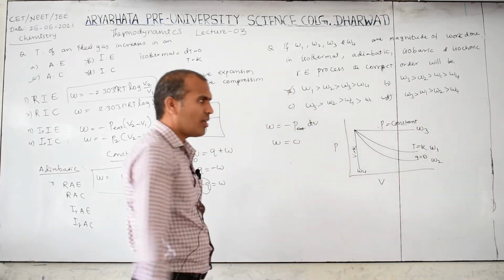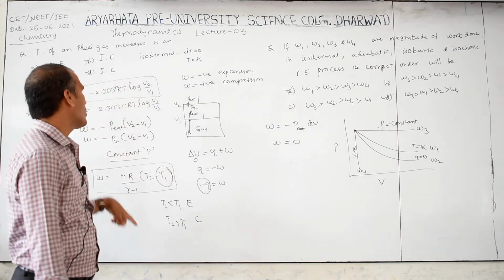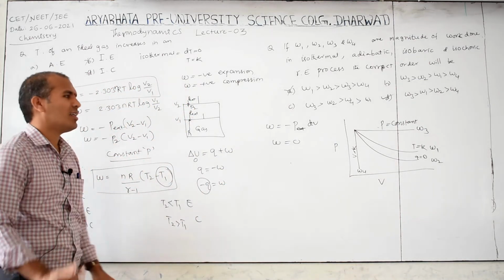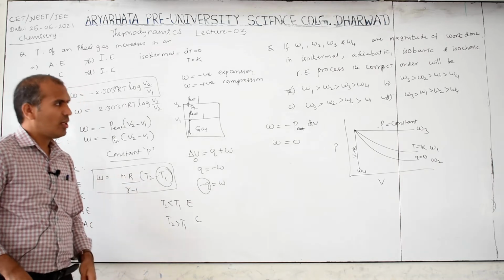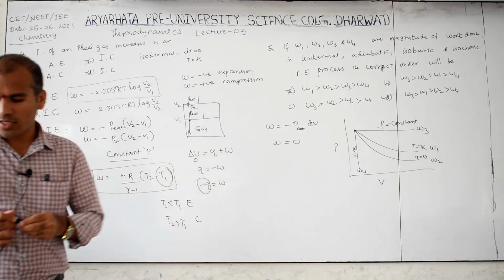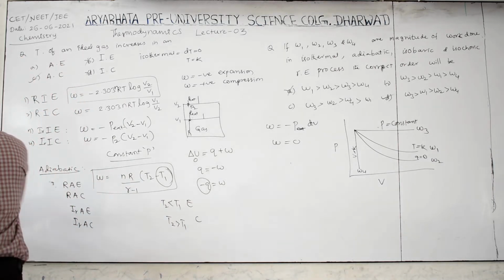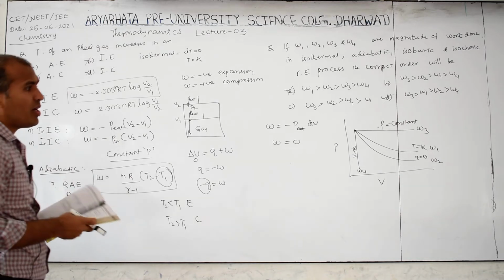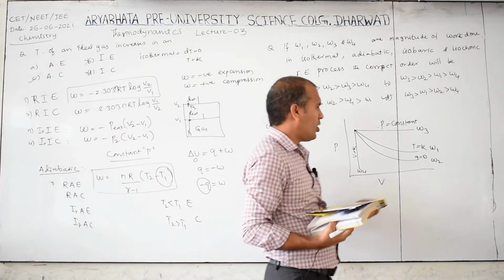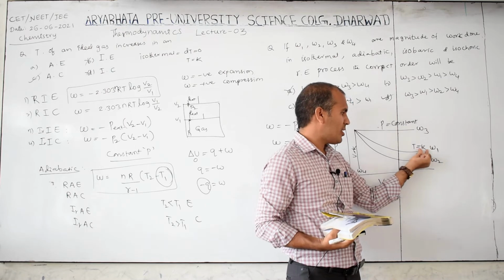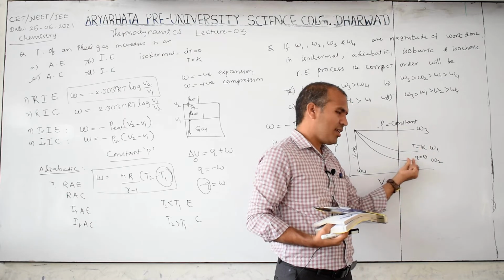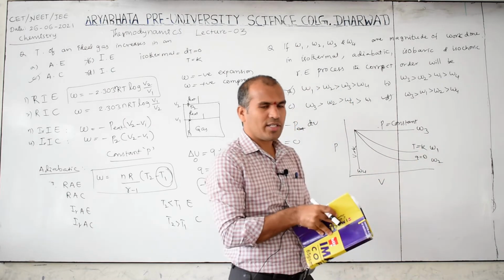Like this. If you don't know this graph, and you have to answer with respect to formulas, you may never answer in the examination. So this is the simplest way to answer the question. Next. Then you may ask, how do we know that the isothermal line is up and the adiabatic line is down? This will be explained in the next question, don't worry.